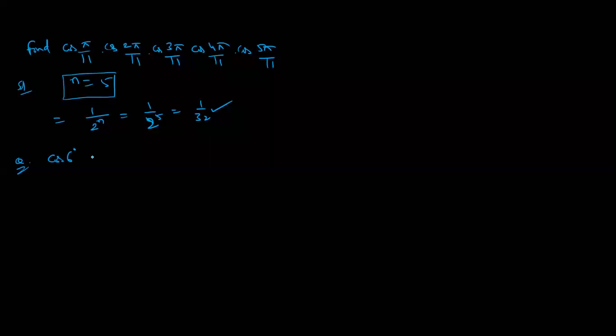Cos 6 degrees, cos 24 degrees, cos 66 degrees. That is question 1. Question 2: cos 6 degrees, sin 24 degrees, cos 72 degrees. What is the answer? How to solve? Anyone? Question number 1 or 2? Tell me.